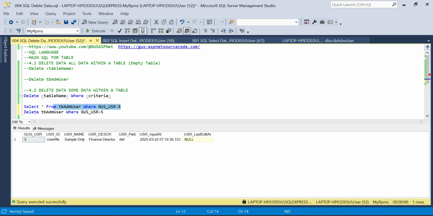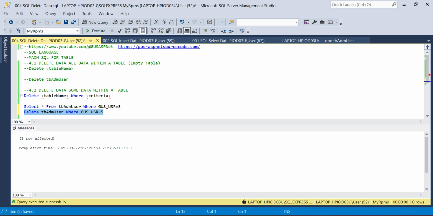Once again, I remind you, before deleting data, first check the data you will delete. Select from the data and execute. This is already correct. Then write the delete statement, delete, and copy.